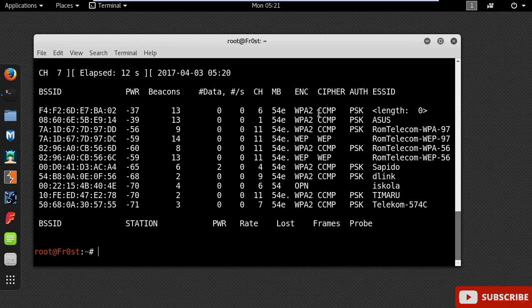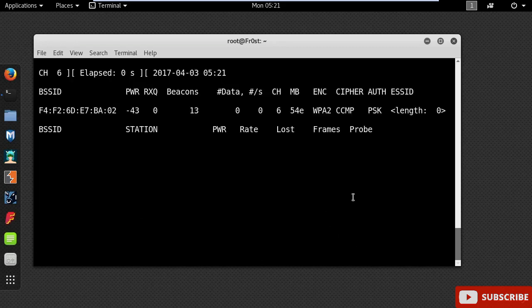Now I will need a few details about my network, like its MAC address and the channel that it's using. So go ahead and type the following command: airodump-ng, channel 6, and the BSSID of the network you are targeting. In order to bypass the hidden SSID, you need to wait for a client to connect to the access